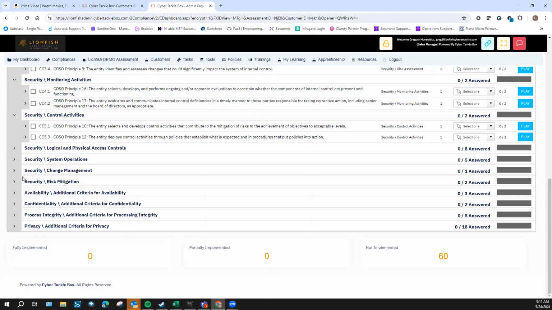The entity deploys control activities through policies and establishes what is expected and in procedures that put policies into action. Basically, what I just said before, that you look at your risks, that you look at your control set, that it is in place, that you're moving towards a specific goal, and that you have policies and procedures for all of your different